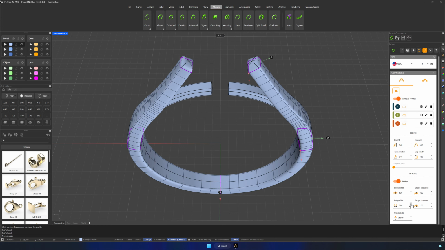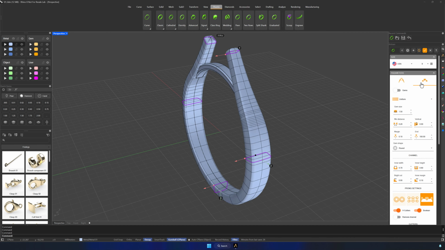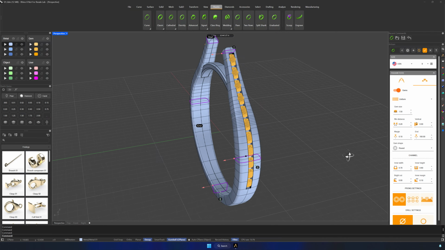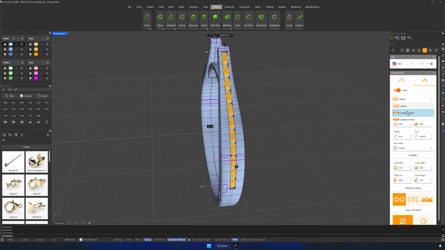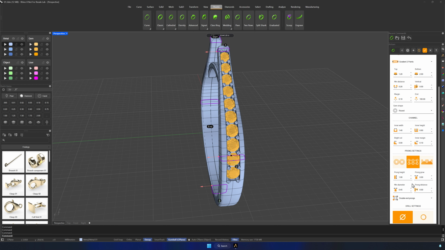Refine every parameter of the shank and explore new bridge styles. Enhance your design by adding gemstones, or create beautiful graduated layouts with complete control over stone sizes from start to finish. The channel adapts automatically to the changing gemstone sizes, while the prongs scale seamlessly to maintain a clean and